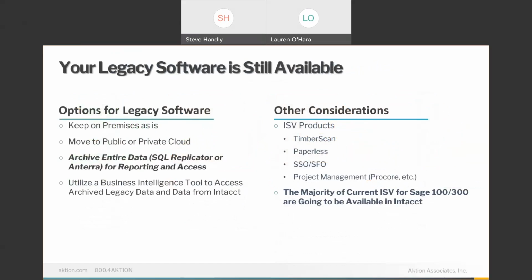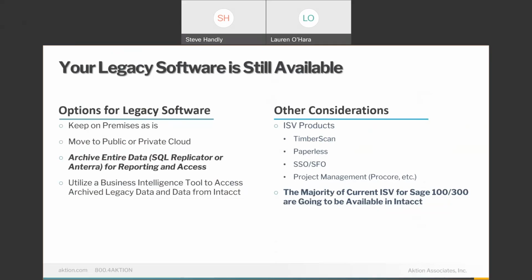You have the option of moving it to a private cloud hosting provider. And Sage is more than willing to allow licenses to continue for 100 and 300 after you go live with Intacct for this purpose, and not charge anything. They're not going to charge you maintenance and support on 300 or 100 because you're using it for legacy